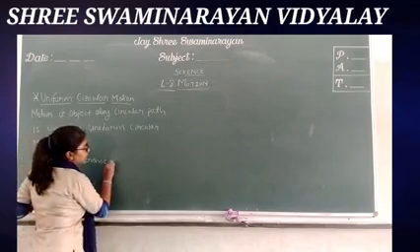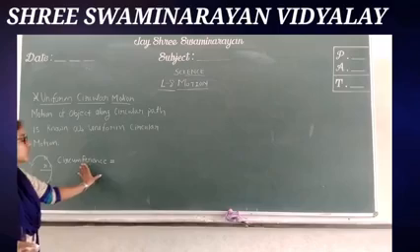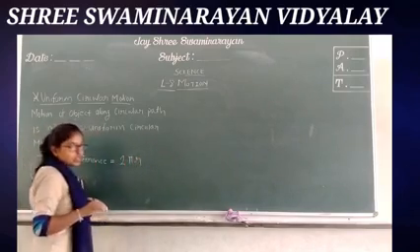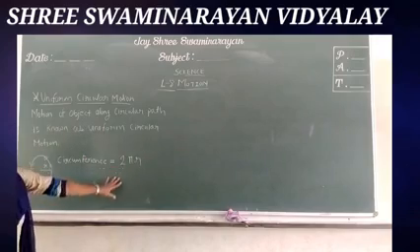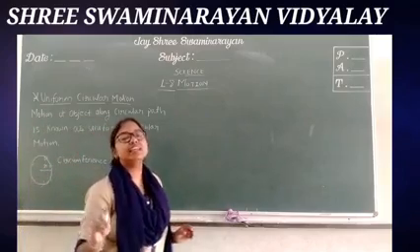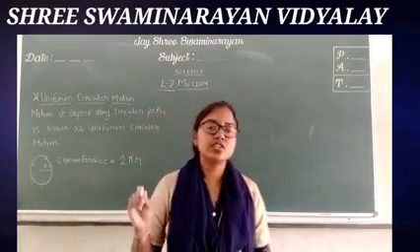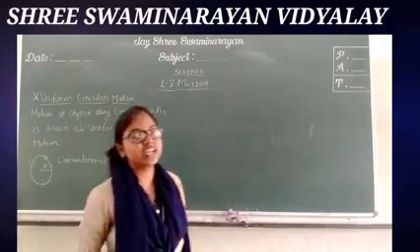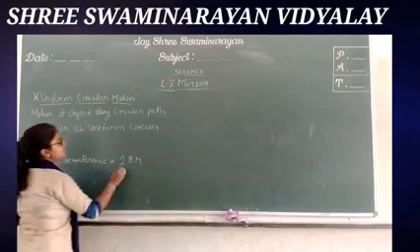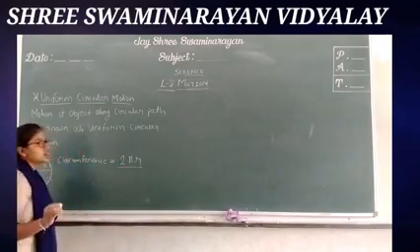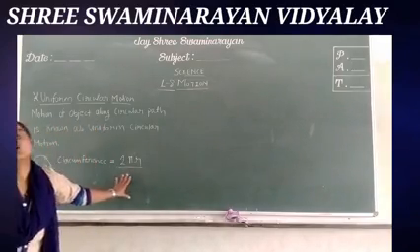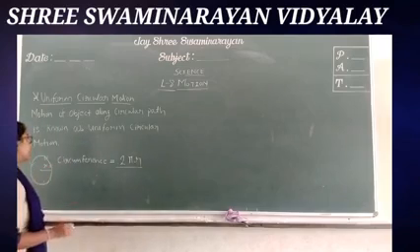So as we know, students, the circumference of the circle is given by 2 pi r. This one is the radius, and if you know the radius of that circle, you can easily find out the distance covered by that particular object when it is moving on the circular path. By applying this formula, that is circumference is equal to 2 pi r, you can easily find out the total distance covered by the object.